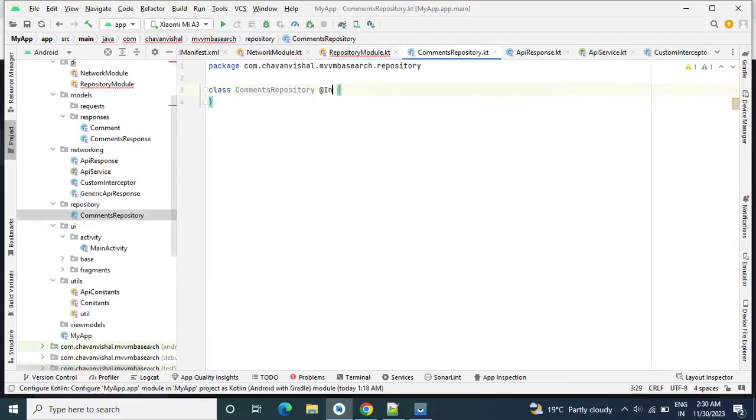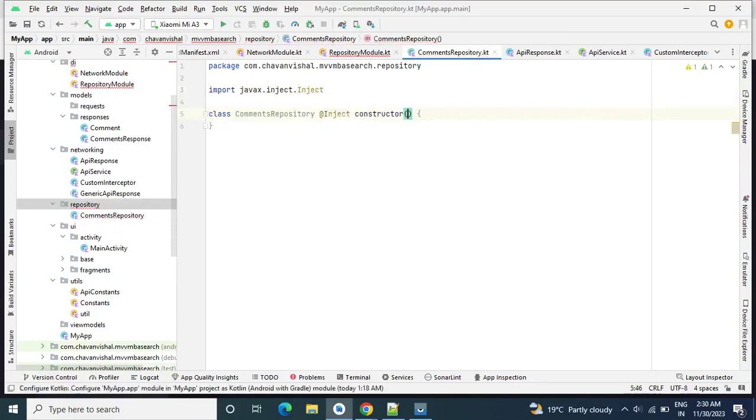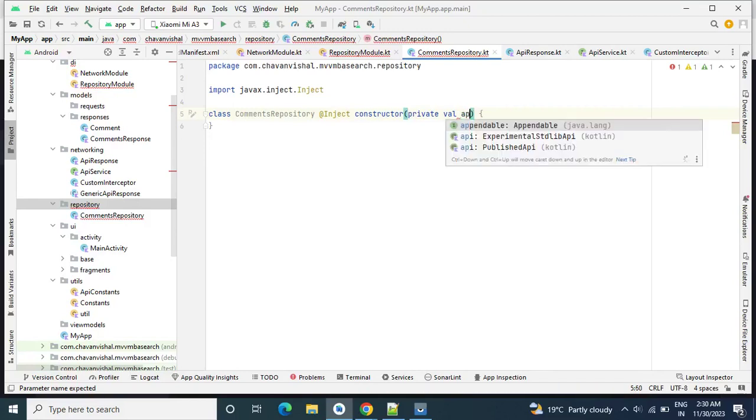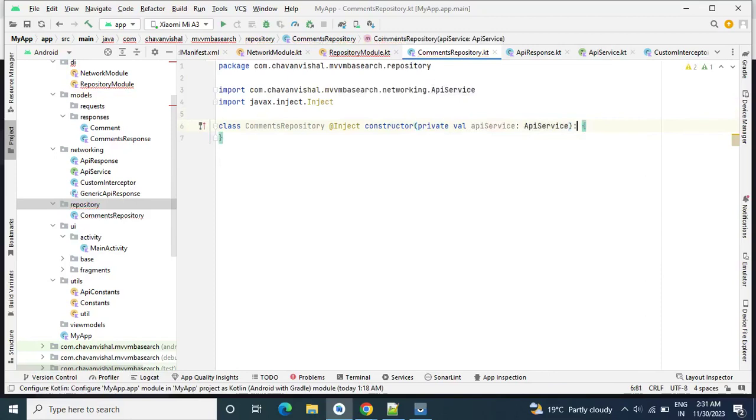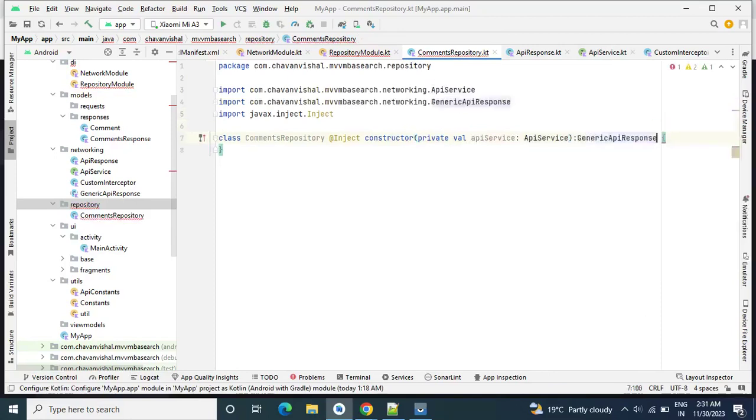Here we will write @Inject constructor. Here we will inject our API service instance, and here we will write our generic API response class.